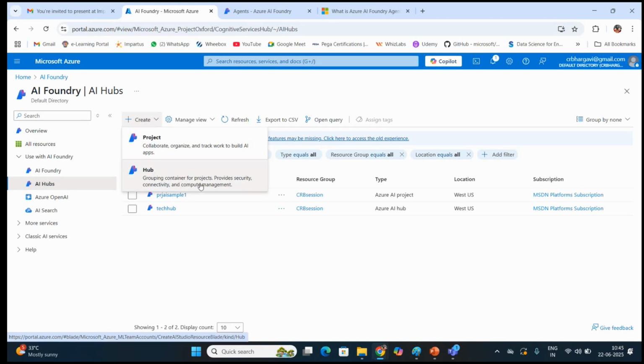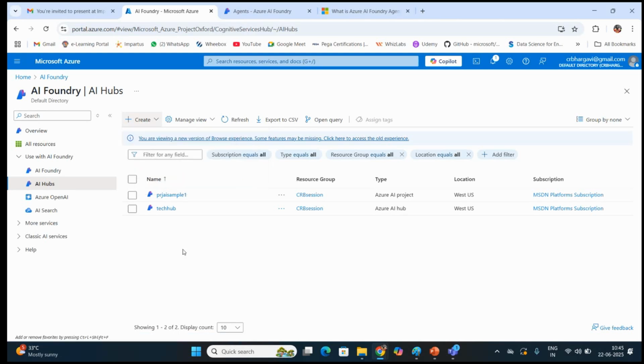For projects, you can have various projects created, and the hub is like a container acting for the projects. You can have multiple projects and one hub for your data, which would integrate everything and have your data added inside your hub.